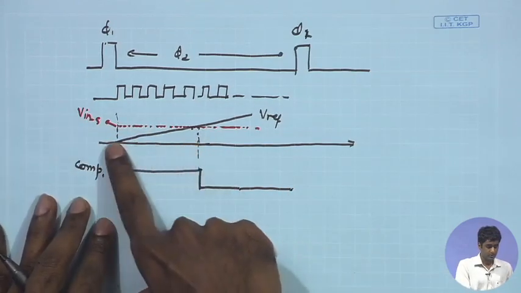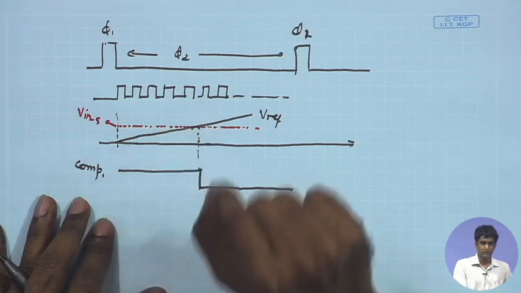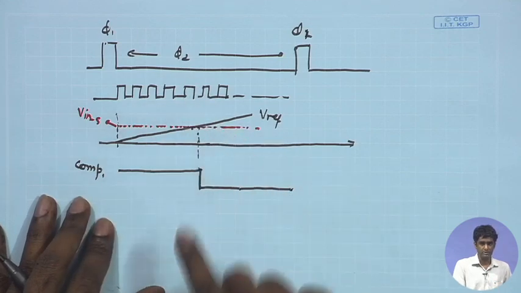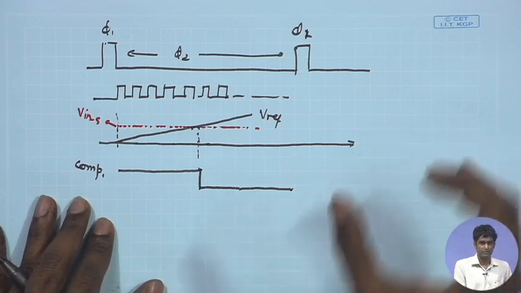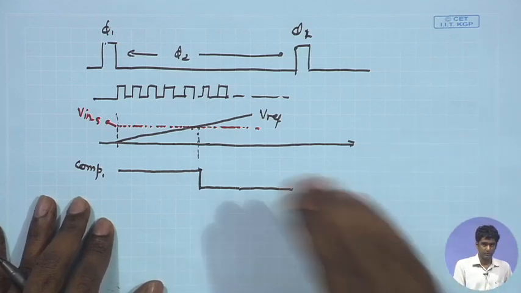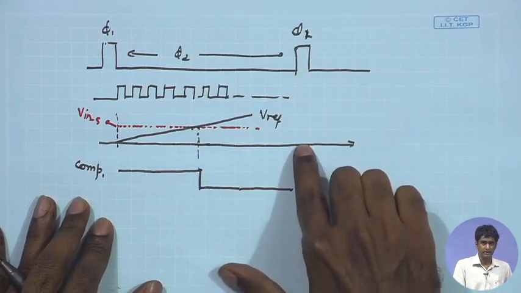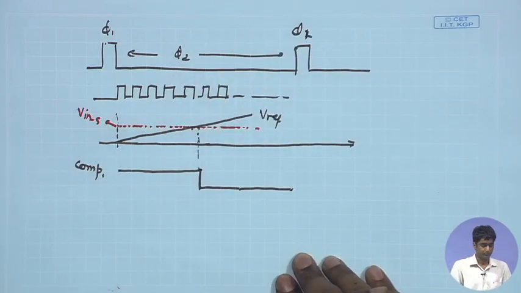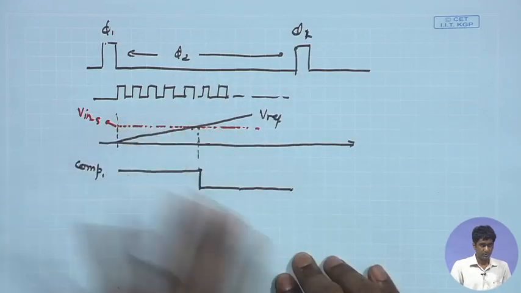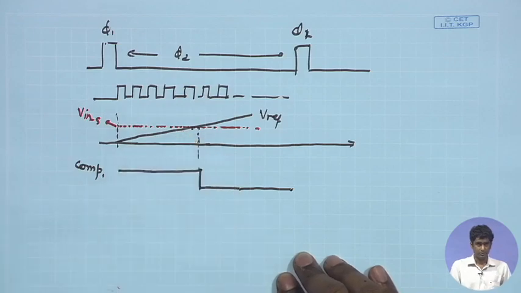I need to detect this transition time, and at this point only, whatever counter output is coming, I need to latch it to a circuitry or a latch which is storing my digital output for this conversion cycle, and then at the end once again I have to make sure that the phi 1 phase is going up. So based on the counter scheme that we have, how do we implement these operations? Let us see the first operation